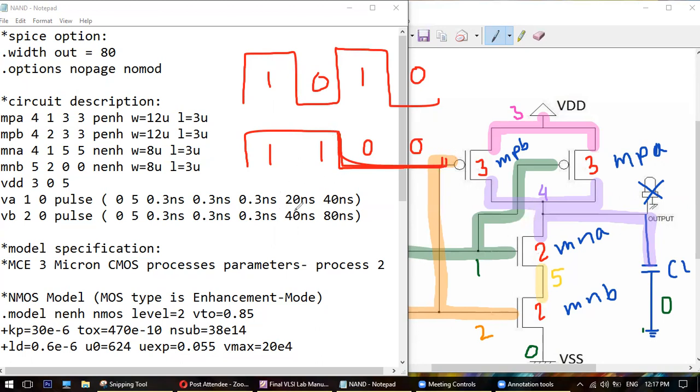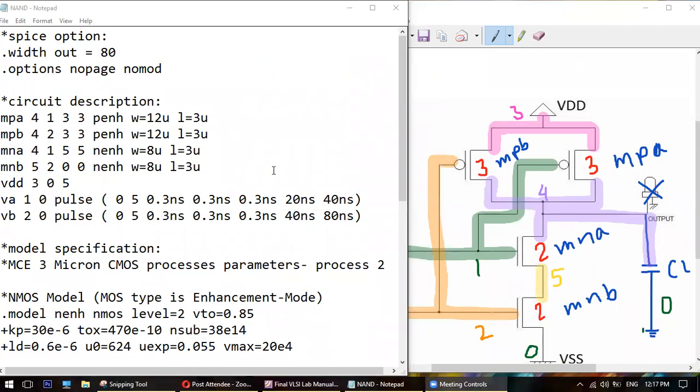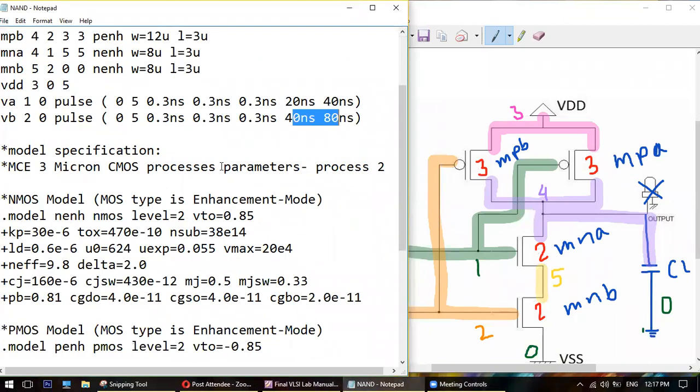If I make the time double, it will be all states. That means 0, 0, 0, 1, 1, 0, 1, 1. Understood, everyone? Yes, sir. Okay. That is why we are going to make it double. So if it is 20-40, it will be 40-80.